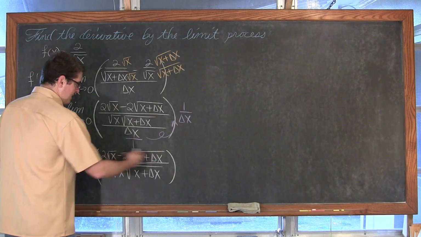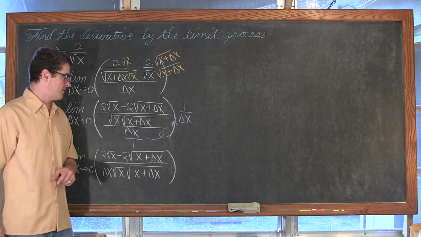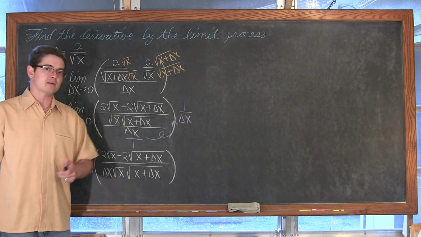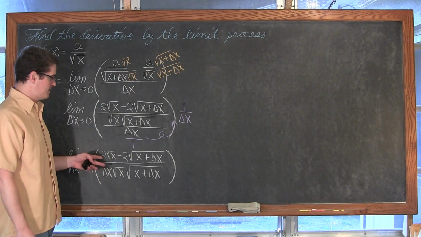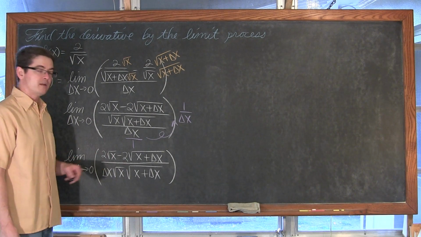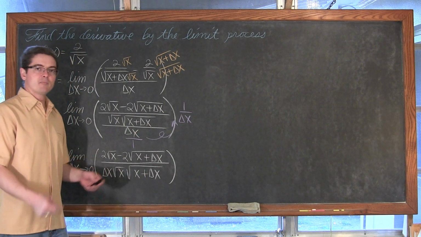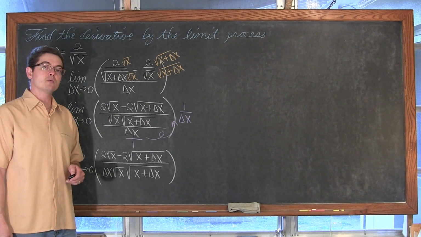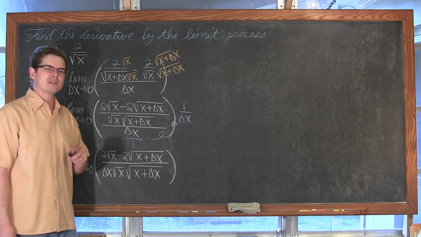So we have a binomial in the numerator with 2 square root of x minus 2 square root of x plus delta x. And just like we learned and should have been practicing when you learned about finding limits with properties of limits, and even early in the video, we want to multiply the numerator and denominator by the conjugate of this binomial to get these square roots to cancel out. Hopefully, that will manipulate this again so we can let that delta x go to 0 by getting it to cancel with something in the numerator. So let's see what happens.